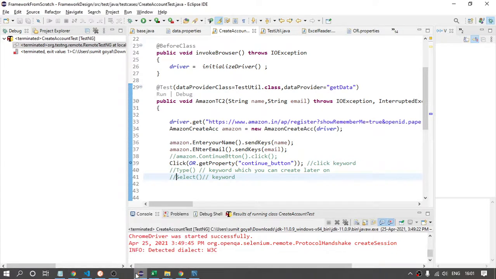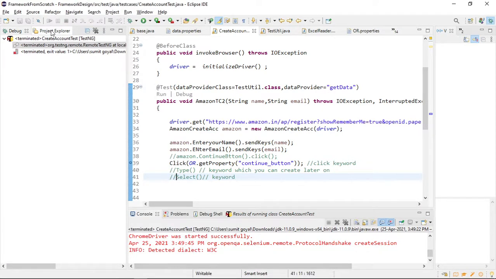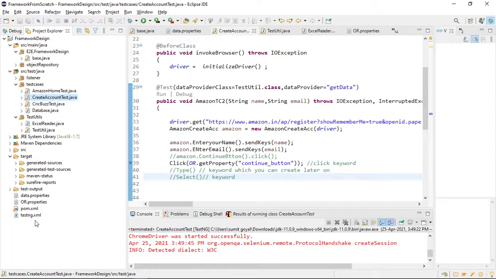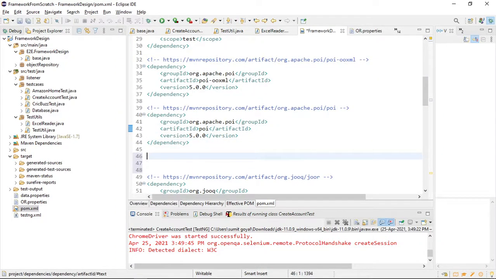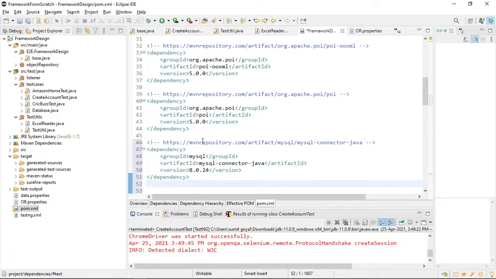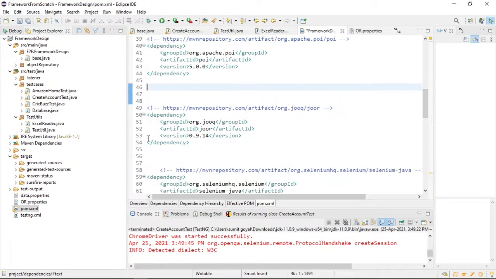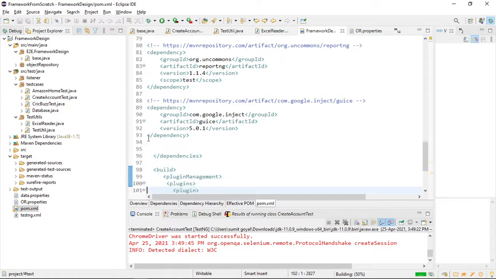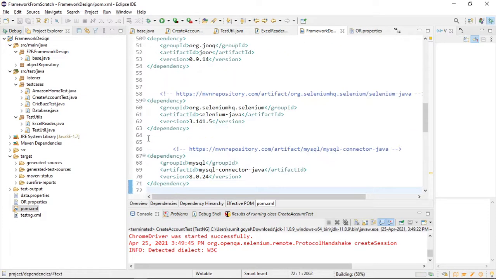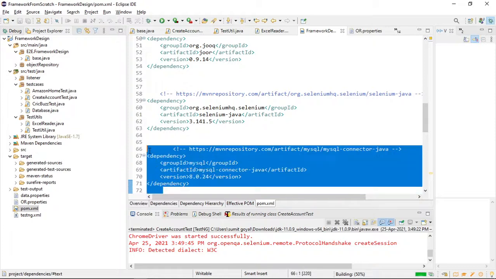and go to your project. This is pom.xml, and here you have to provide this. I have already provided it somewhere here, so I will not do it again. So you have to provide this and save the project. So I think I am already having it here. Okay, I think I am not having it. Okay, here it is, right? So provide this dependency, then only you can work with the database.